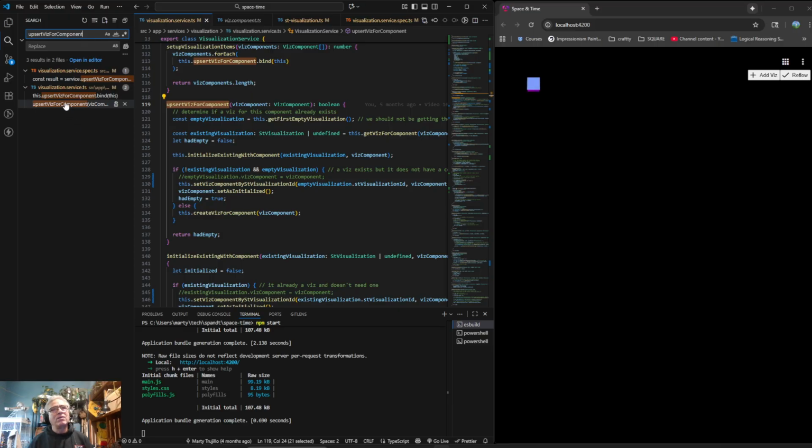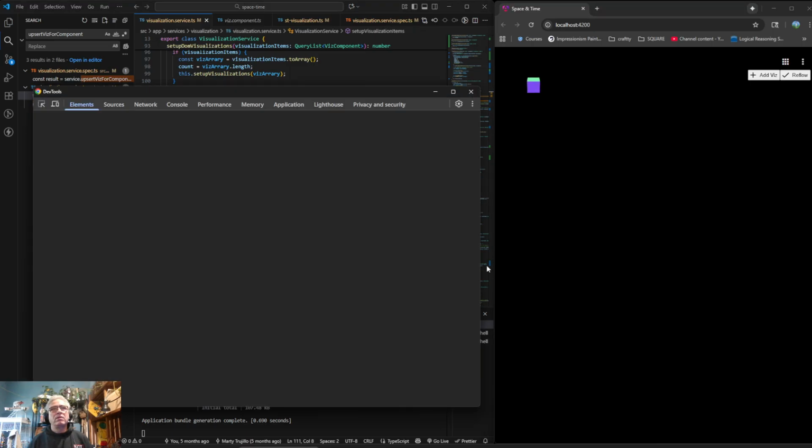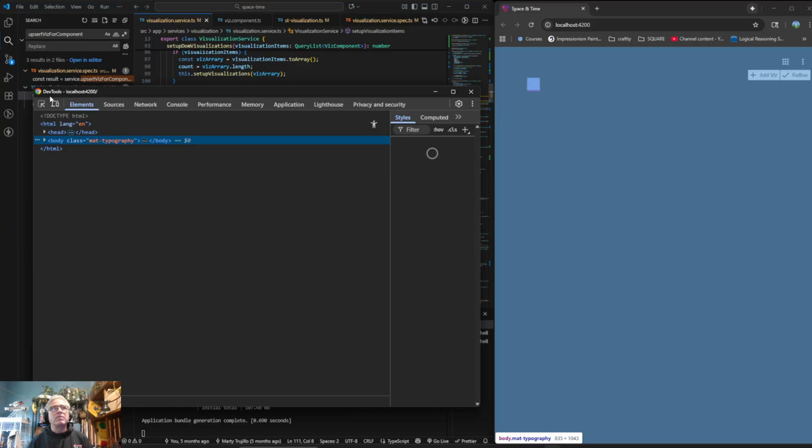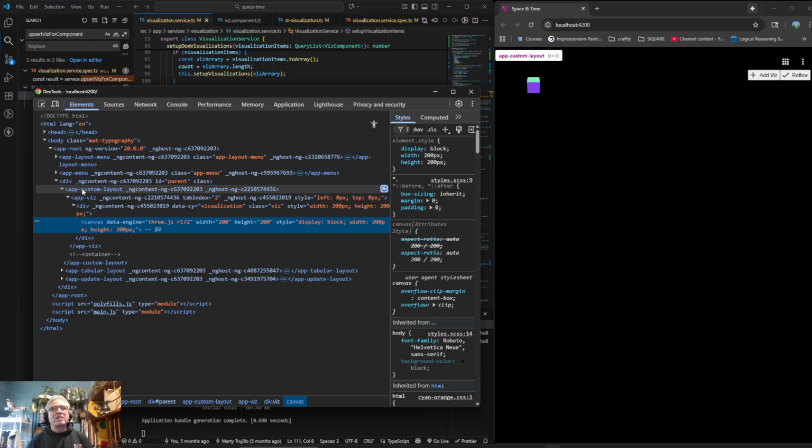All right, so that gets called over here. It would be nice if it showed the line number, line number 113. And this is called setup visualization. Okay, so this is probably actually being called from the parent of the table itself. If we look in here, let me hit this little button and click on this guy. So we have this app viz custom layout, and app viz is the component. I was trying to figure out, when this component gets created,